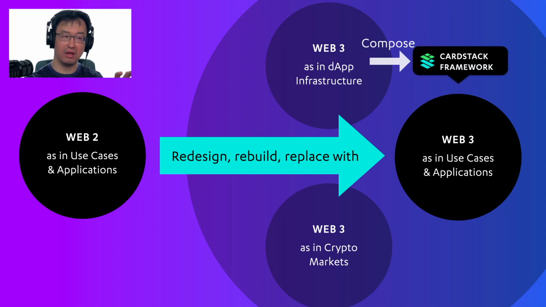We're taking the learnings and our expertise in dApp infrastructure in different aspects of it, as I've shown you in the logo, and putting it all together in something called the Cardstack framework, which allows you to take a really complex application and break it into cards, pages, collections and tabs, so that you can build those things back up. So if you need a feature to swap something for something before you can take a next action,